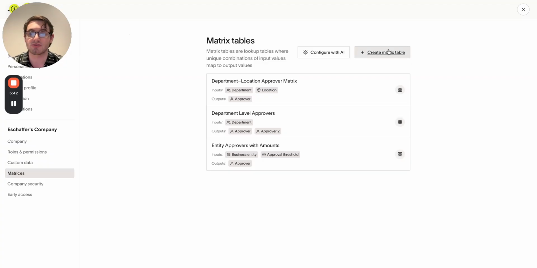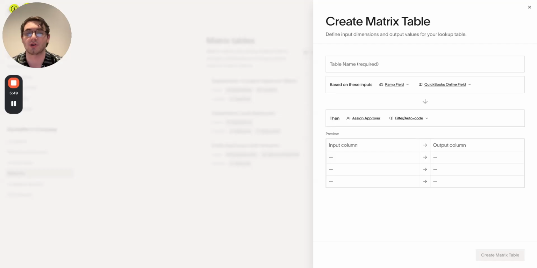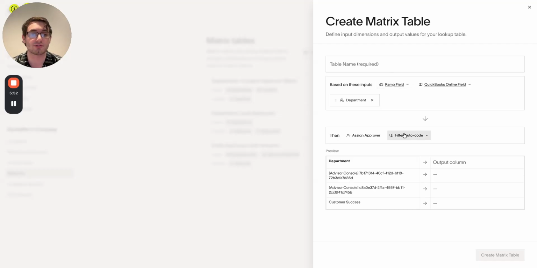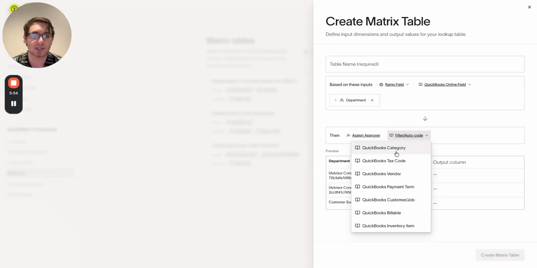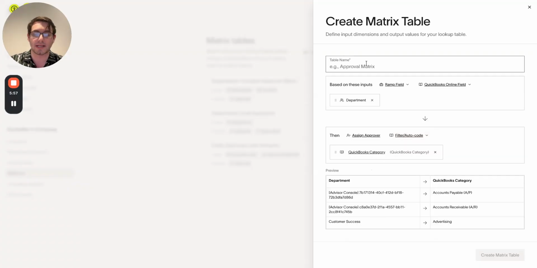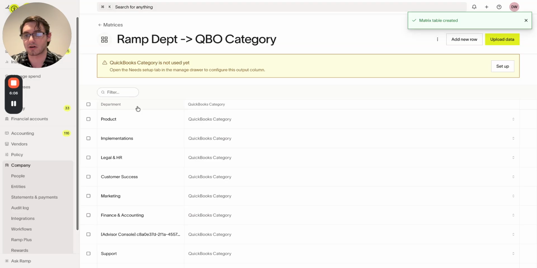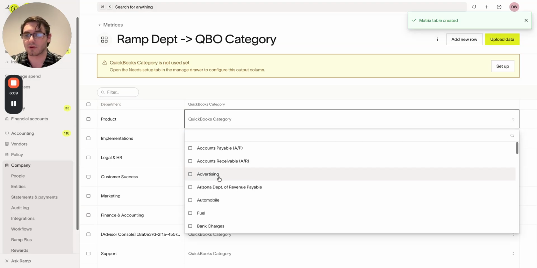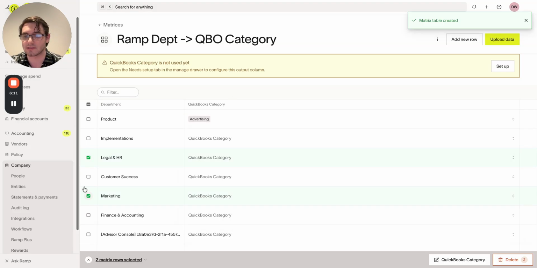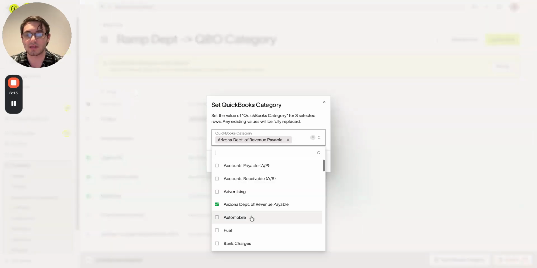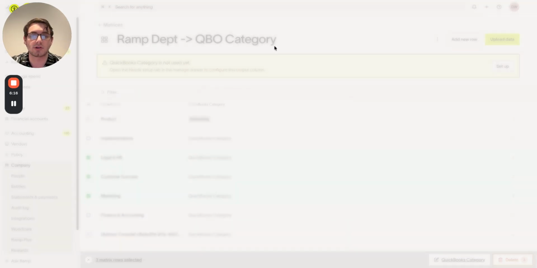In addition to being able to use matrix tables to do approvals, we can also have our matrix tables handle automatically filtering or coding. Let's say that we want to set up a filtering workflow that changes which QuickBooks categories apply based on the ramp department. We can do ramp department to QBO category. And we'll see, once again, we have all of our departments over here, and we have our QuickBooks categories over here. We can select multiple, we can set up the categories like so,